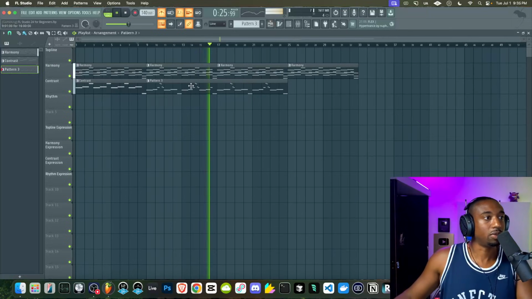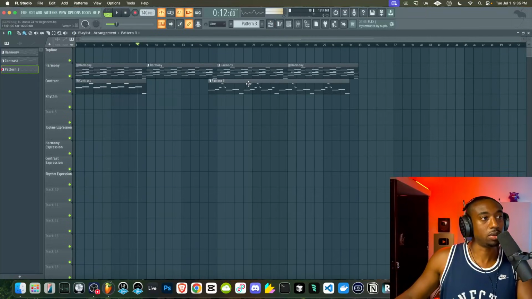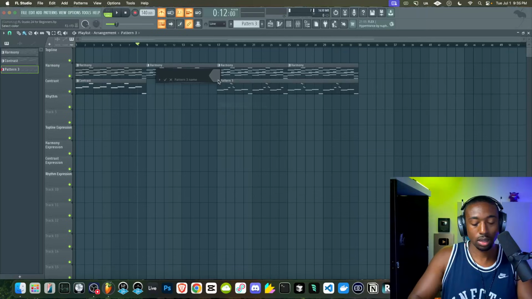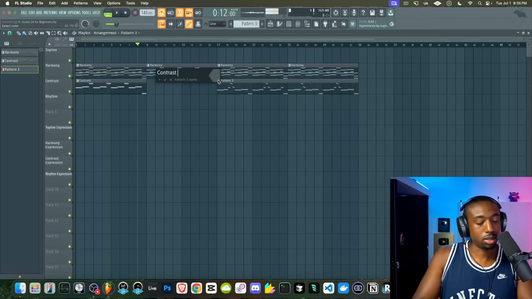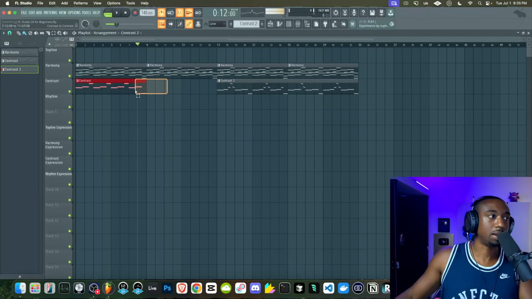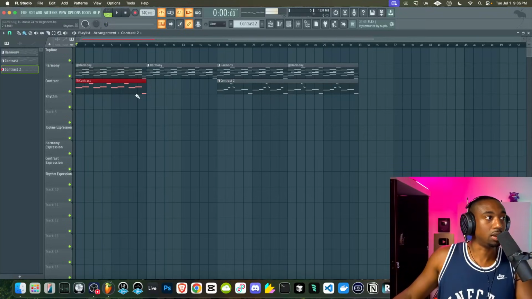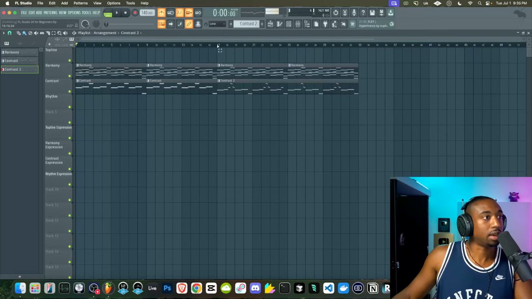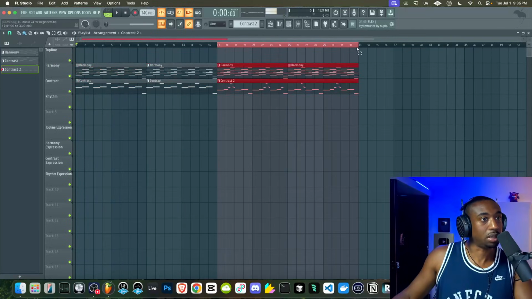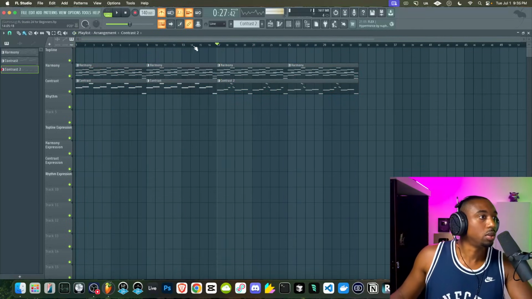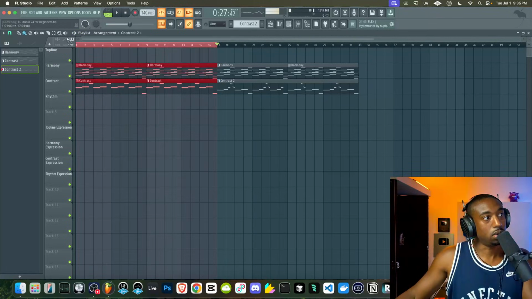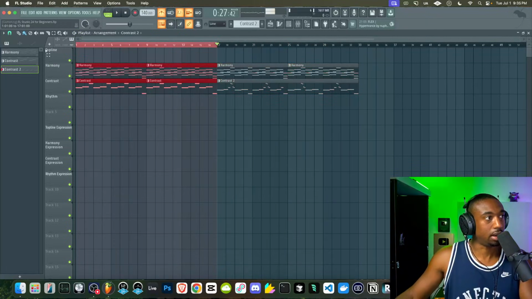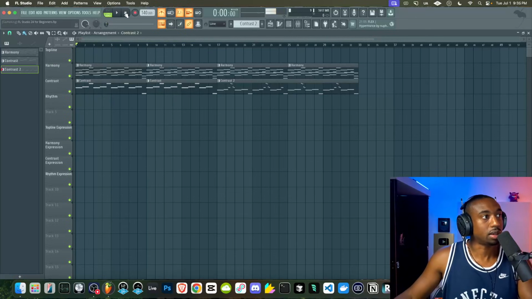Okay, so now we have this. Now we have a little more expression in the bass. So what I'll do to arrange this is drag it over here. And we'll call that like contrast 2. So when people ask me to arrange, sometimes we just need to do more stuff or change out the notes. Let's take this first bass, hit Control B. So consider this like part A, and then this is part B over here. So the way I highlighted that is I hit Control, left click this top bar to select an area. And you can hit Control, left click to get rid of it.